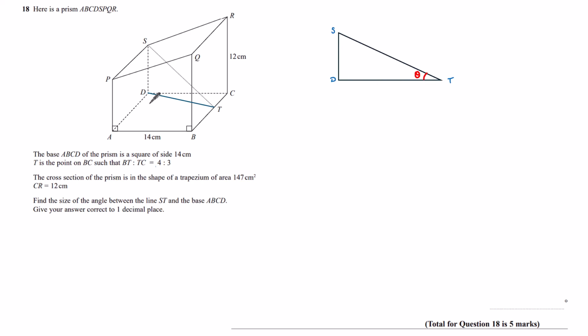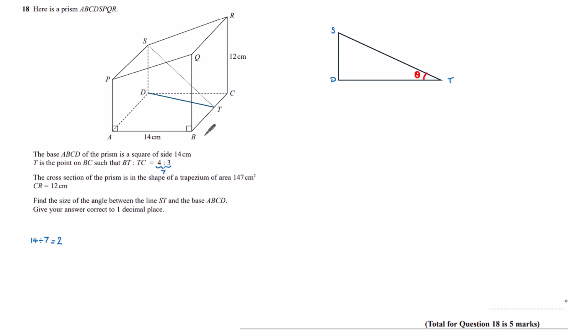Now, looking at this, none of these lengths are labelled. So let's use the information we've got to see what extra information we can put on our diagram. Let's start with T is the point such that BT:TC is 4 to 3. So if we split the line B to C into 4 plus 3, 7 parts,